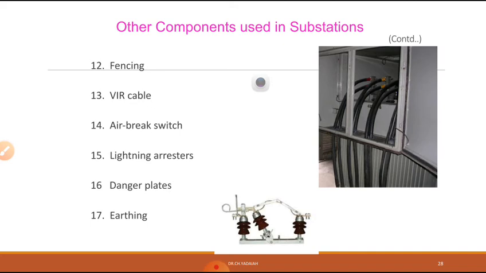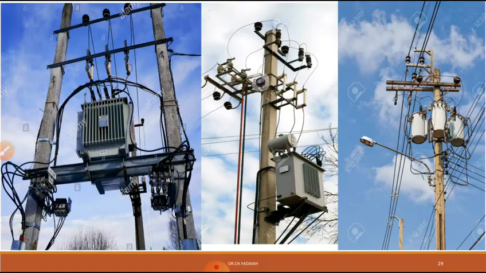Now generally in substations, large substations, we prefer plate earthing, copper plate 60 centimeters by 60 centimeters, and 2.5 mm thick. We are going to use it. Now, these are also substations. You can observe this is a DTR, distribution transformer. This is also a substation, and one pole having the same capacity as the DTR is also one substation, and this single pole having 3 individual single phase transformers is also one transformer.